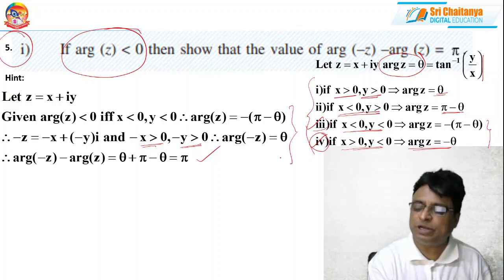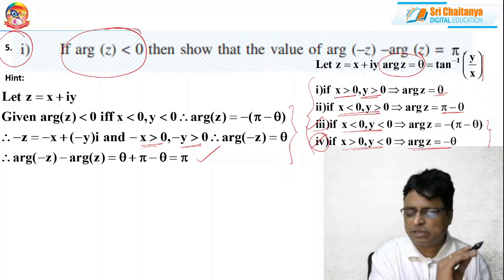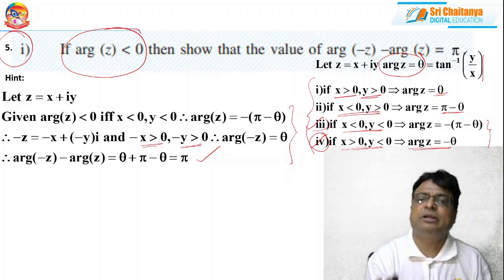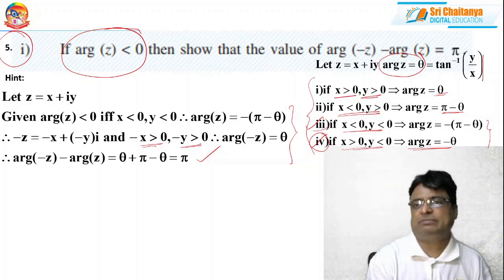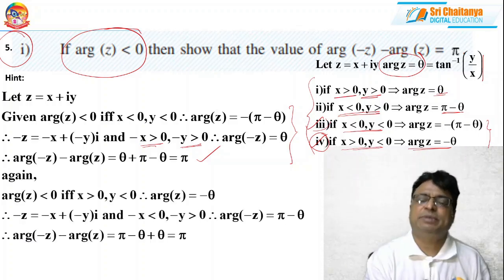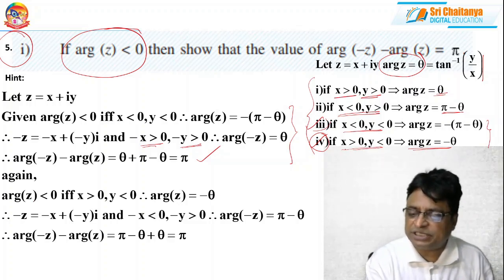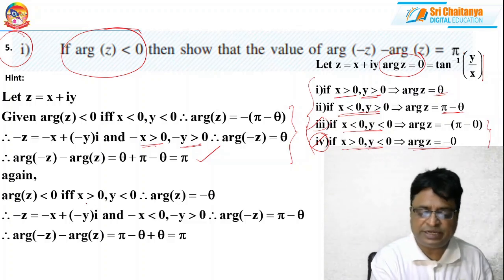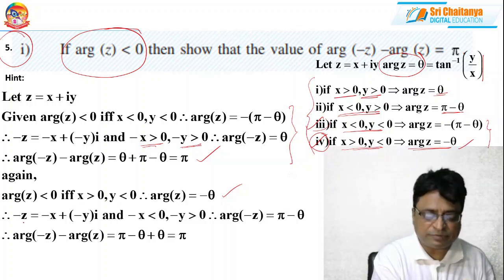It happened only because of these particular points. That's why you please master them. All the problems in this particular lesson are very important. This is about case number 1. Now case number 2. Suppose the argument of z is negative. This is possible when x is positive and y is negative. That's why the argument of z is equal to minus theta. If x is, suppose minus x is what?